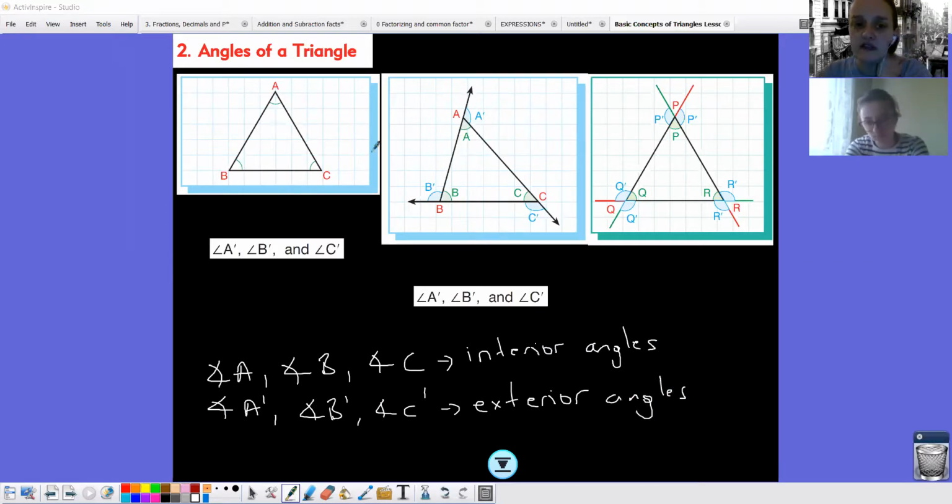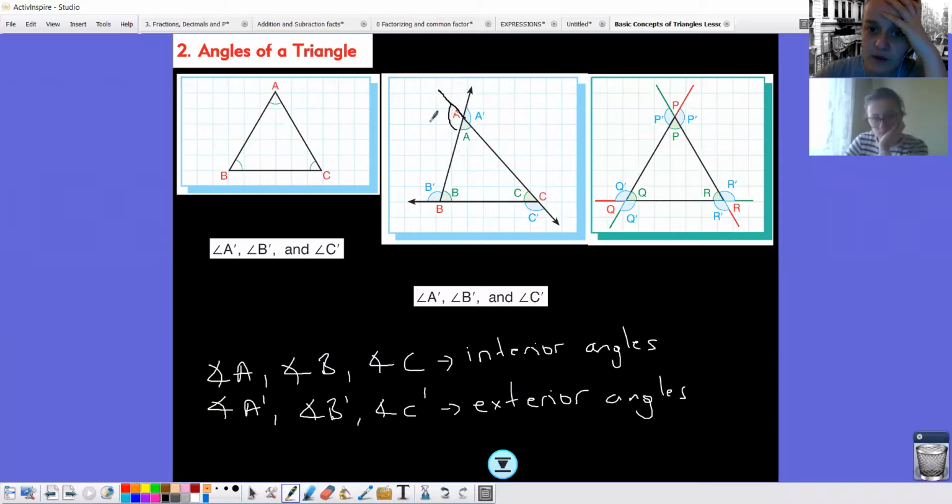As you see here, the normal triangle is shown, and here the sides are extended. When we extend the sides, we can find the exterior angles. You may have different ways to show them. Also, as you see here, this part is P prime. If this one is P prime, also this one is P prime. If I continue the side in this way,